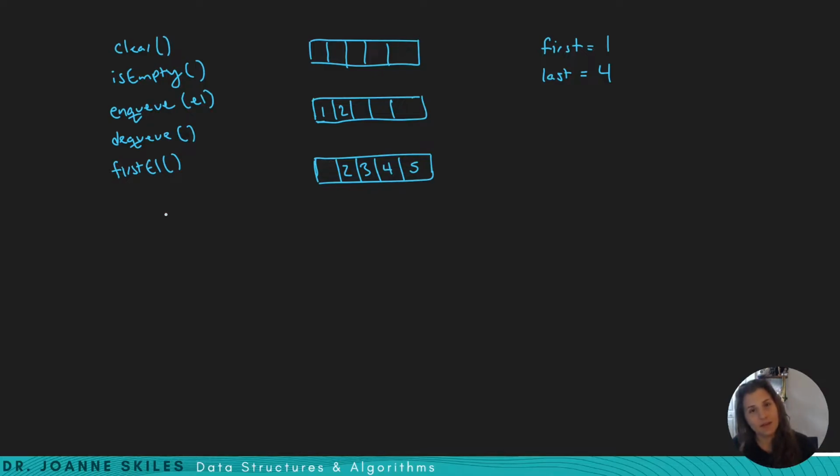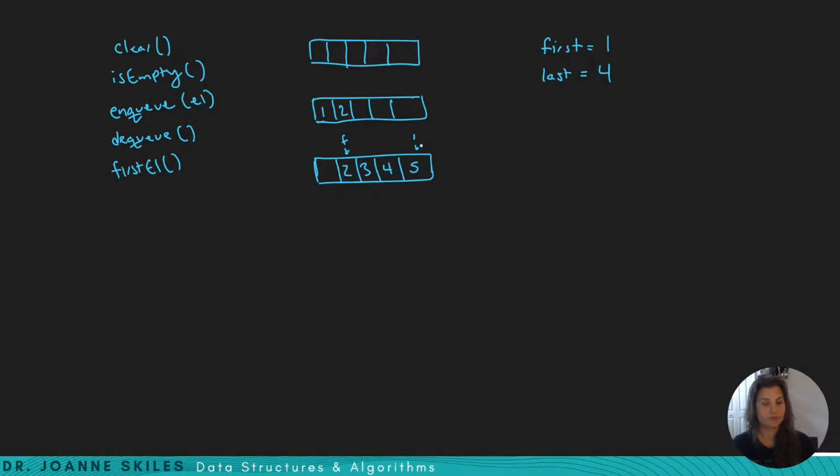And that is another check that we have to do when we enqueue or add to our queue. We have to check if our queue is full, because otherwise we can't add an item to our queue. So in this case, our queue is not full because our first is 1 and our last is 4. Our first is here, our last